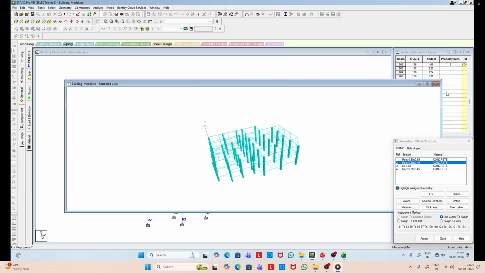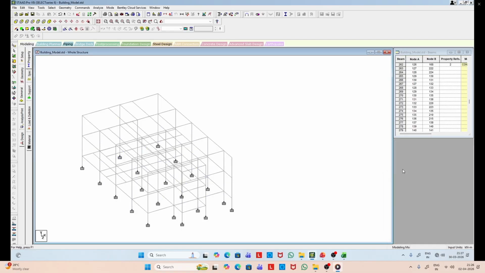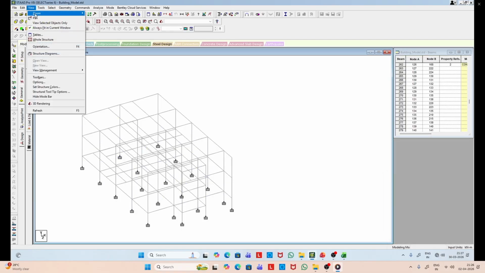You can cross check whether all the section properties are applied or not.